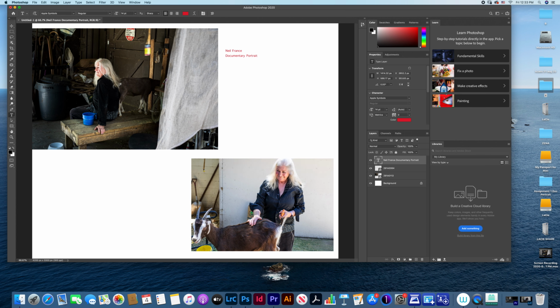I have to save it as a JPEG because you're going to upload that to Canvas. So this is how you're going to turn in the assignment. Create a Photoshop document. Move your two images onto the document.